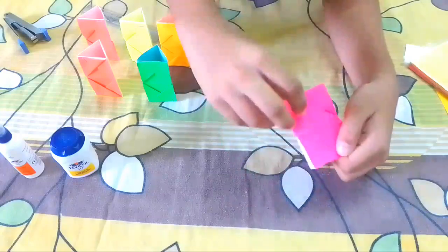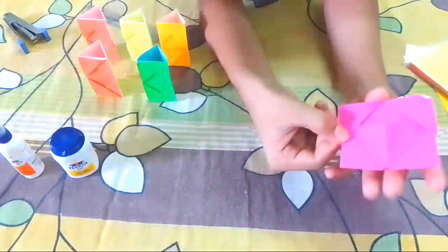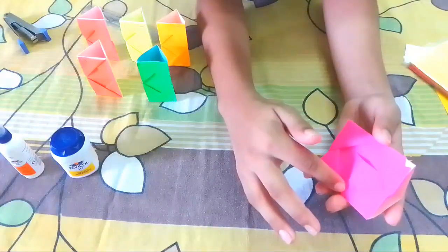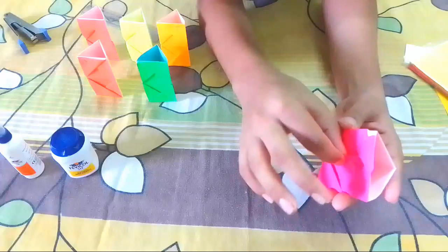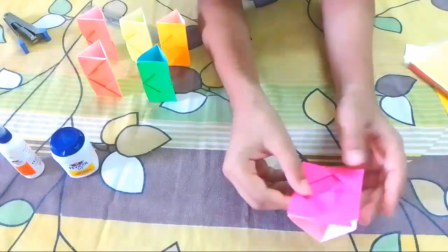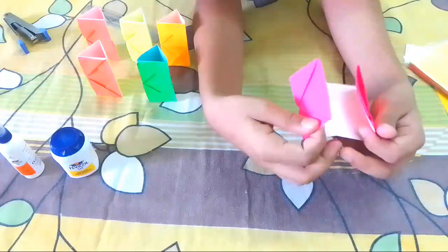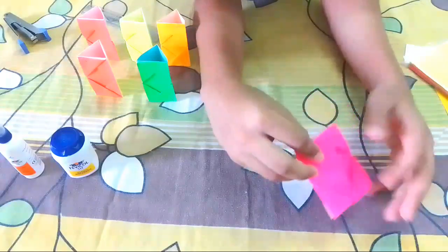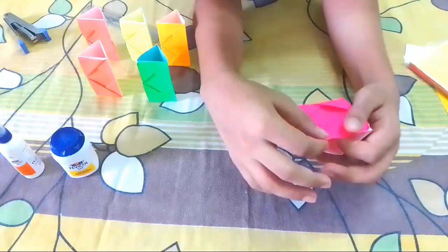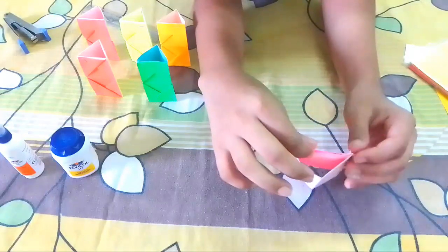Two flaps. By the way, when you are inserting it into the two flaps, you have to make sure that this doesn't pop up like this or bend. So if it bends, just press. Again take it out and again put it and press it. Now you have to slowly insert it all the way,